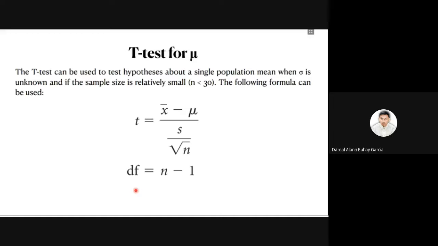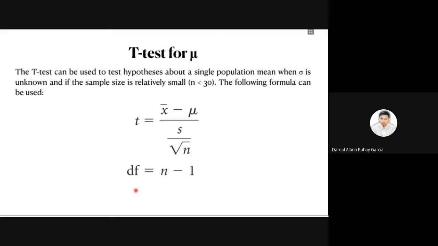Very often, when a business researcher is gathering data to test a hypothesis about a single population mean, the value of the population standard deviation is unknown, and the researcher must use the sample standard deviation as an estimate of it. In such a case, the z-test cannot be used. The t-distribution can then be used to analyze hypotheses about a single population mean when sigma, the population standard deviation, is unknown,